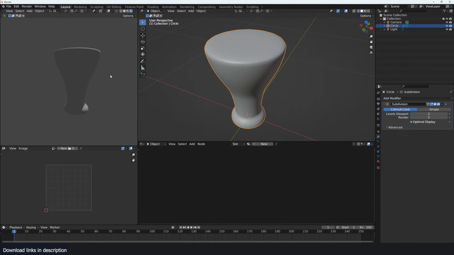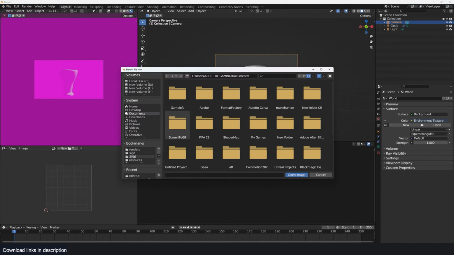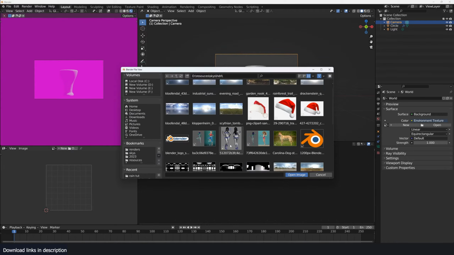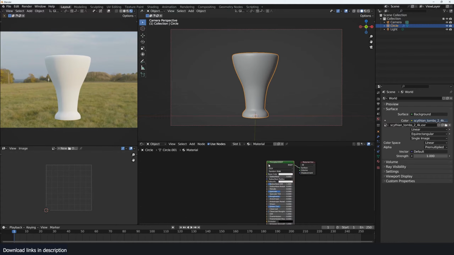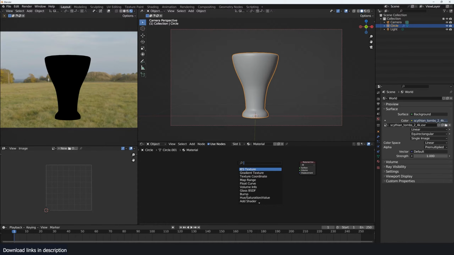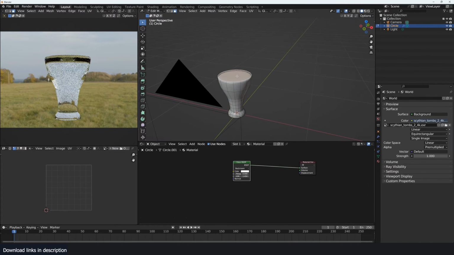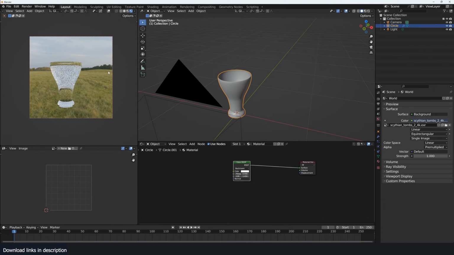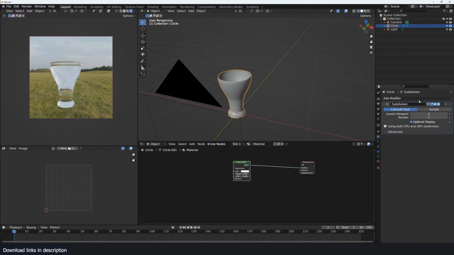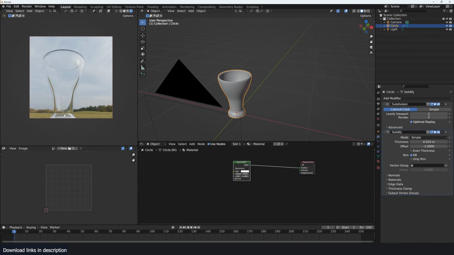I'll go to Cycles render here, and add an environment for our glass to refract and reflect. Let's get something simple. For the glass, I'm just going to use the glass BSDF. You can see how the reflections look here, and if I remove this, they even look worse. If you add a solidify modifier, you get better glass, but I want detail at the bottom here, so instead